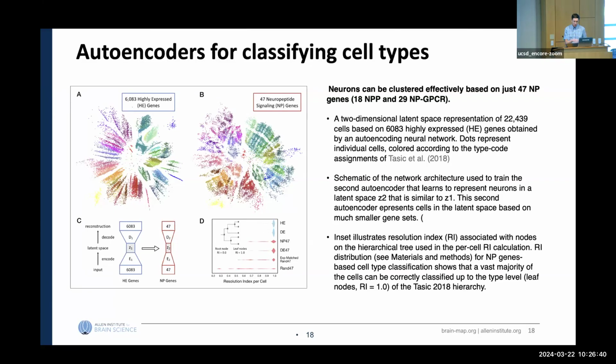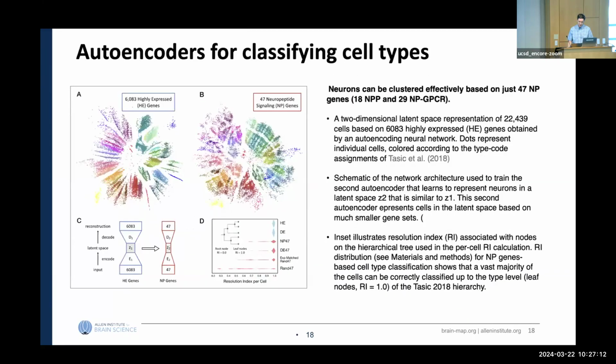Here, remember we talked yesterday that when we want to analyze gene structure, we often take highly variable or highly differentially expressed genes, right? The genome is big, but a subset of genes, those that exhibit differential patterns, are often the most interesting. On the left, I'm showing an autoencoder embedding using